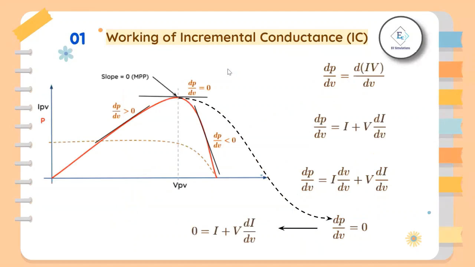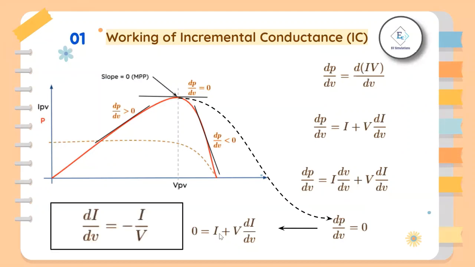So let's find how we can find this point, VPV. Voltage and current multiplication is the power extracted from the PV, meaning I multiplied by V. If we differentiate with respect to voltage, because we are varying the voltage, we will get this equation. Differentiation of V with respect to voltage equals 1, and the other term is I times dI/dV. This is partial differentiation. Now if we put dP/dV equal to 0, at the MPPT point, we will get this equation, meaning dI/dV is equal to minus I/V.